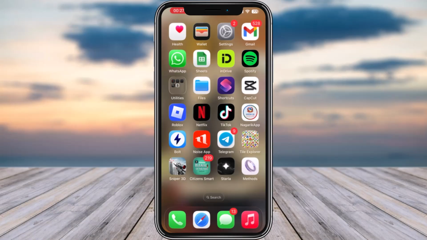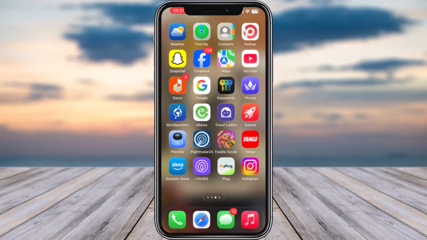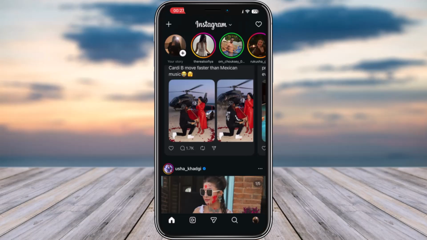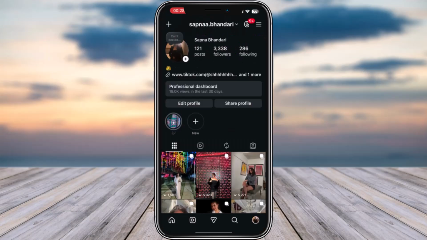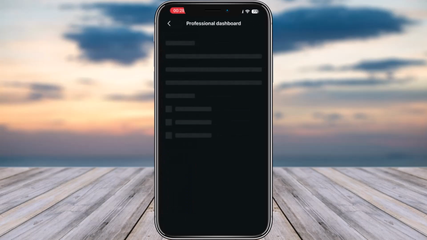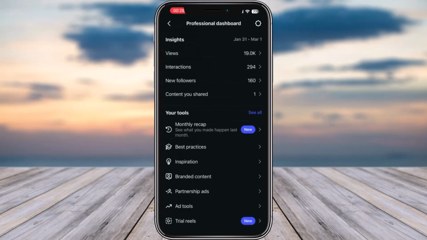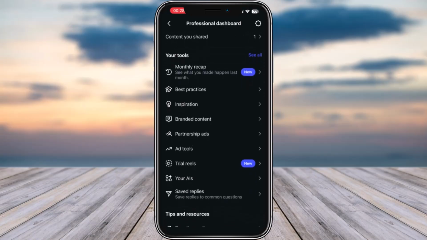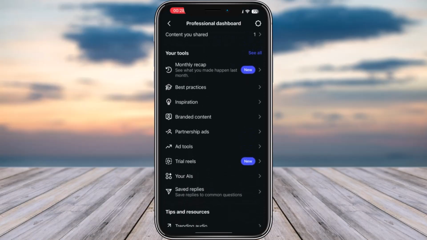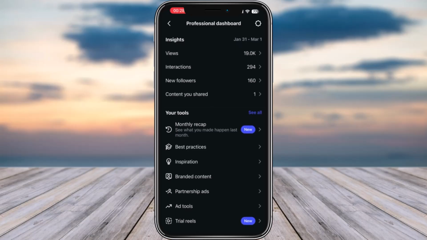Let's get started. So for that, simply go ahead and open up your Instagram app. From this section, you're gonna go to your profile section right over here. Right, you're gonna switch to professional or business account. Once you have done that, you're gonna go to edit profile right over here, and then you will find this kind of interface. From this section, you're gonna simply go ahead, scroll, and if it's your business account, simply gonna have to edit